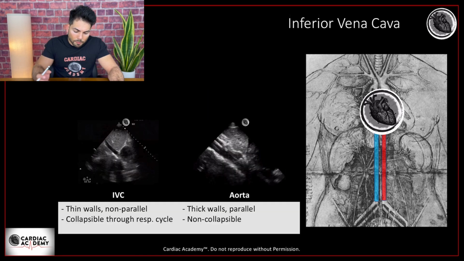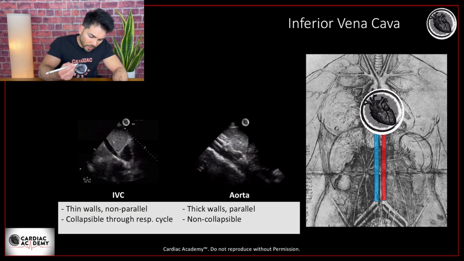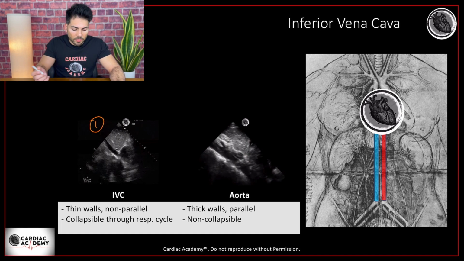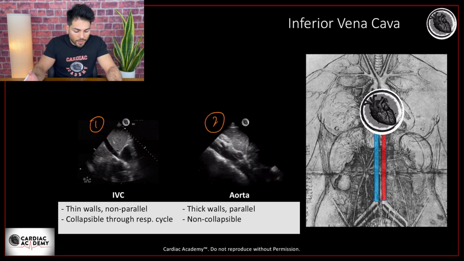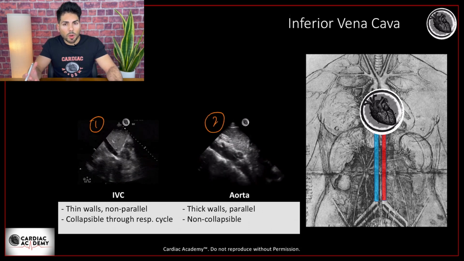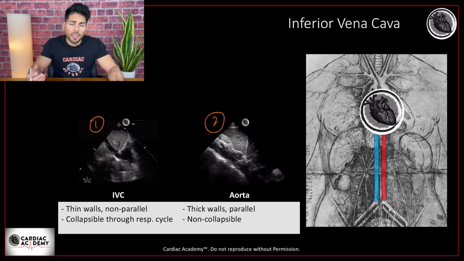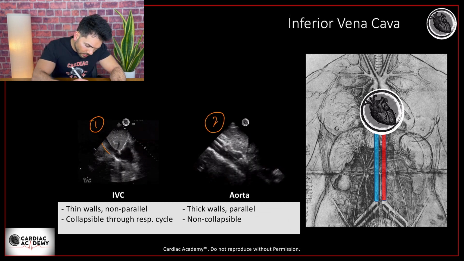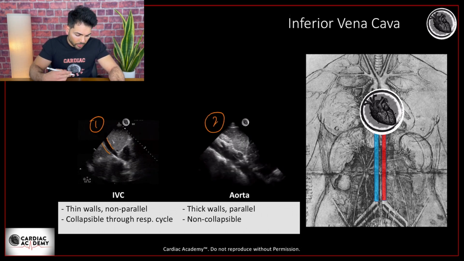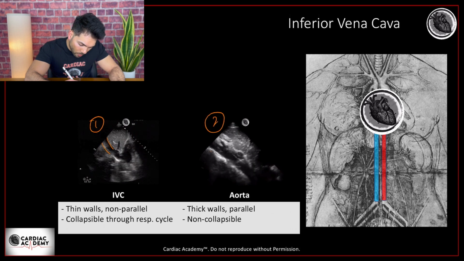All right. So as you can see here, we have the IVC right here, number 1, and then next to it we have the aorta, number 2, and you can see how they resemble each other. But there are a few things we can look for to tell them apart. So one thing is that the IVC is very thin walled compared to the aorta, which is gonna have thicker walls. You can see here how the IVC is very thin, and the walls are non-parallel. You can see how they're curved. Compare that to the aorta, which you can see has much thicker walls, and they are parallel,